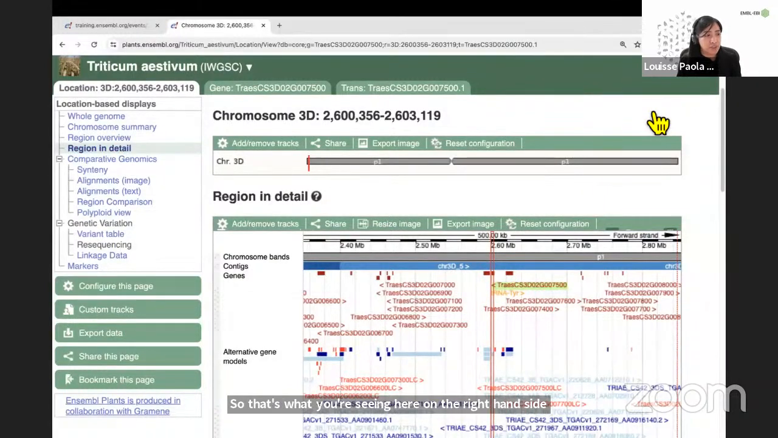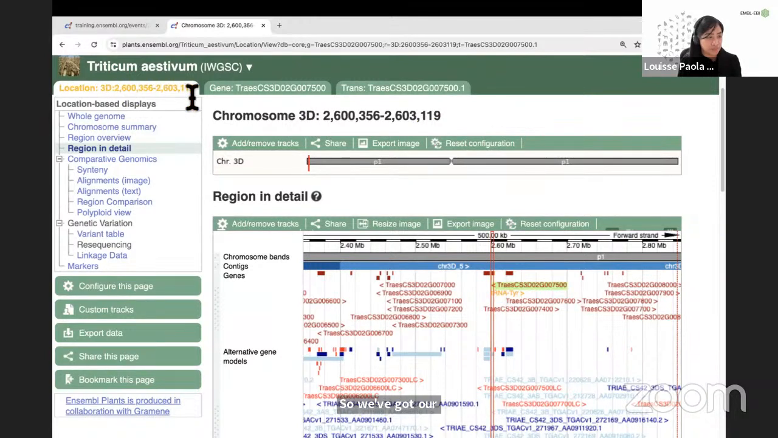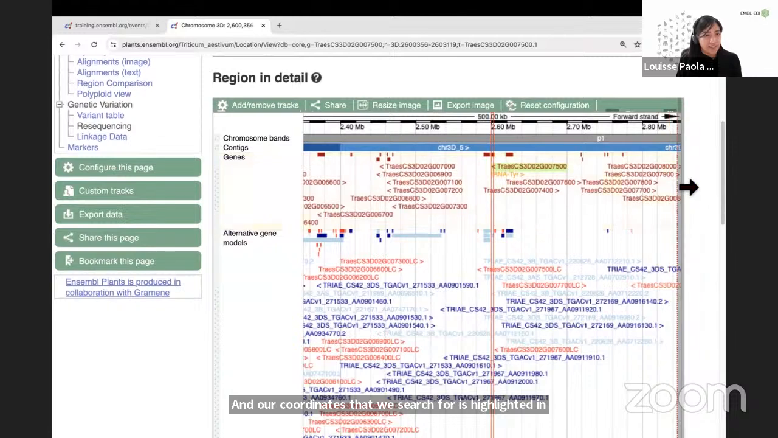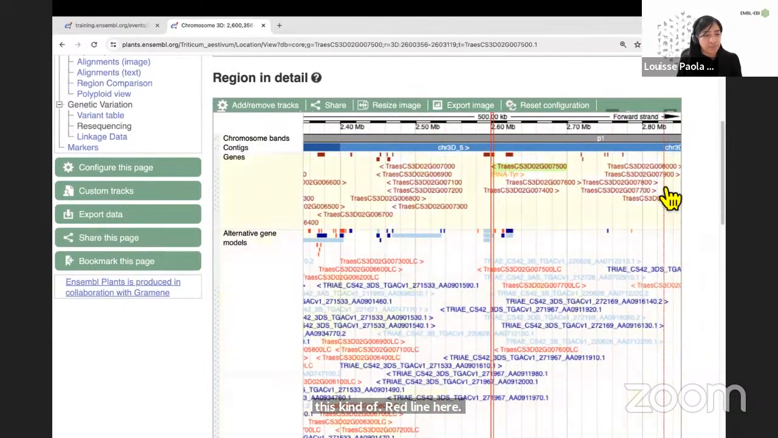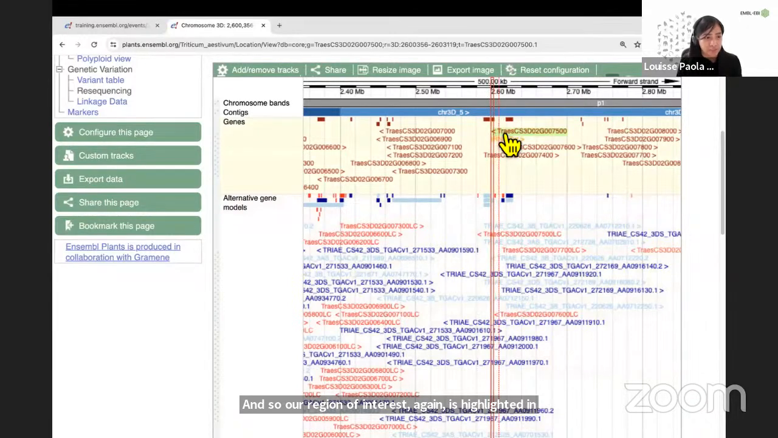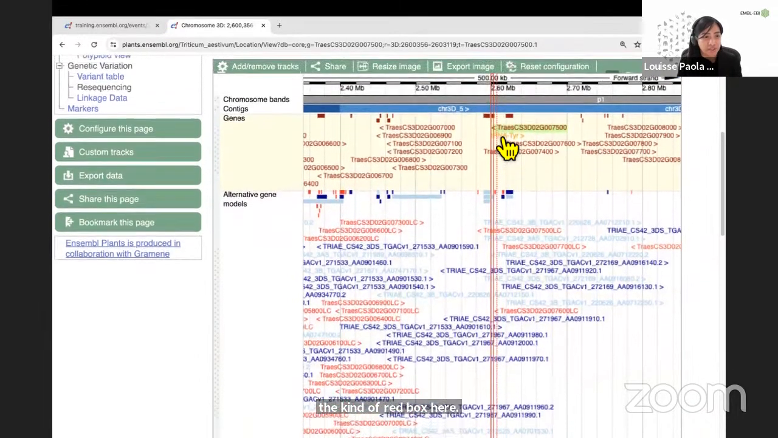And this view is divided into 3 different resolutions. We've got our coordinates, which you can see up here as well, and it's showing you the coordinates in relation to the chromosome. So this is a chromosome overview, and the coordinates that we searched for are highlighted in this red line here. Then we've got the region overview. Our region of interest, again, is highlighted in this red box here. It's a very thin box, mainly because it's a very short